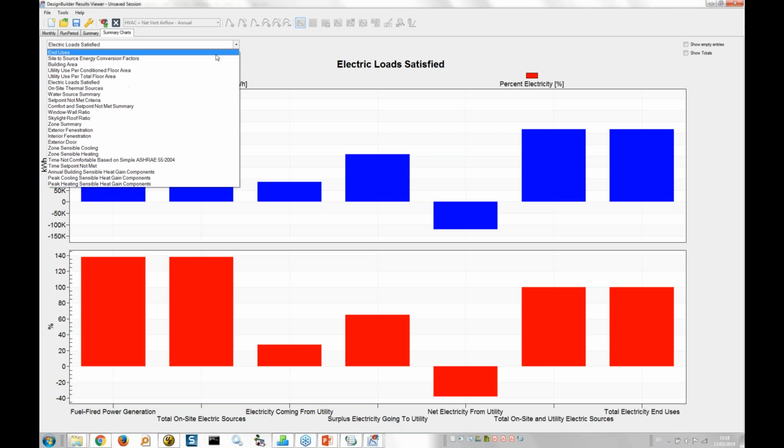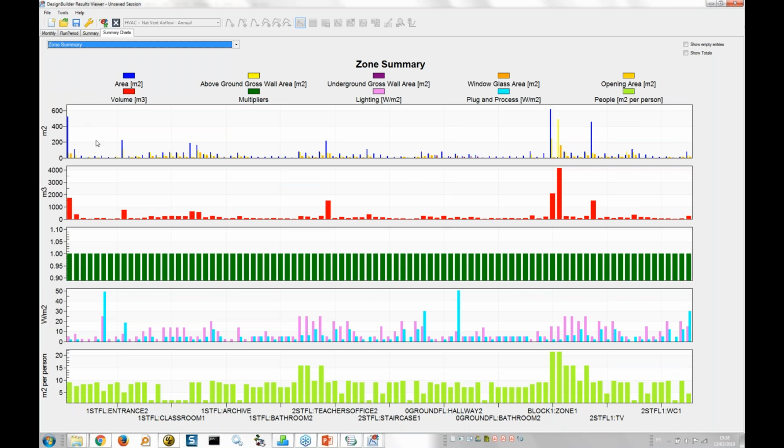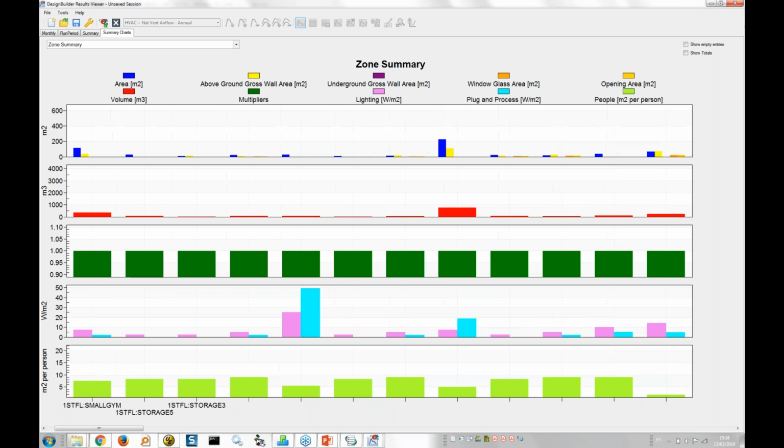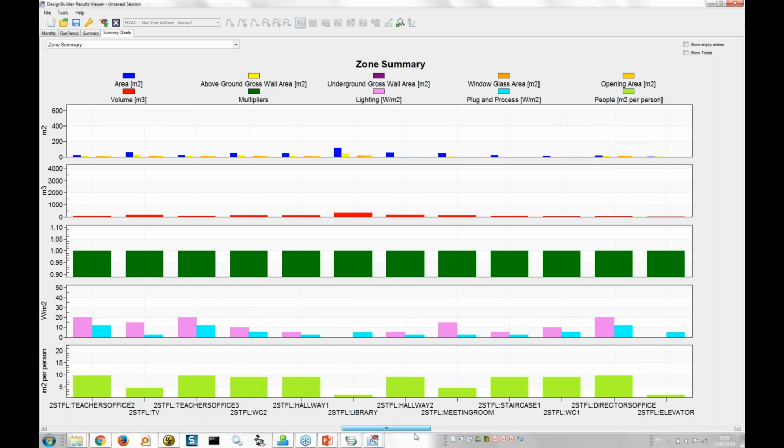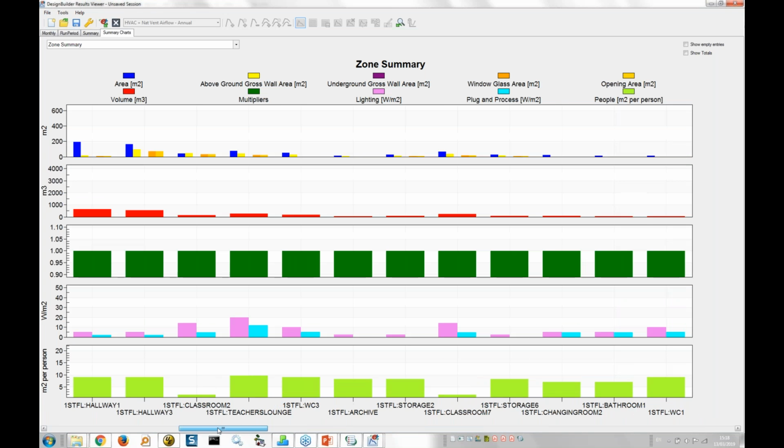The zone summary gives a useful graphical overview of some key model inputs for each zone, including floor area, volume, zone multiplier, internal gains, which are broken down as plug and process and lighting, and also fresh air. Because there are rather a lot of zones in this model, it helps to zoom in for each zone more clearly. When zoomed in, we can scroll horizontally to see data for all zones. To remove the zone,